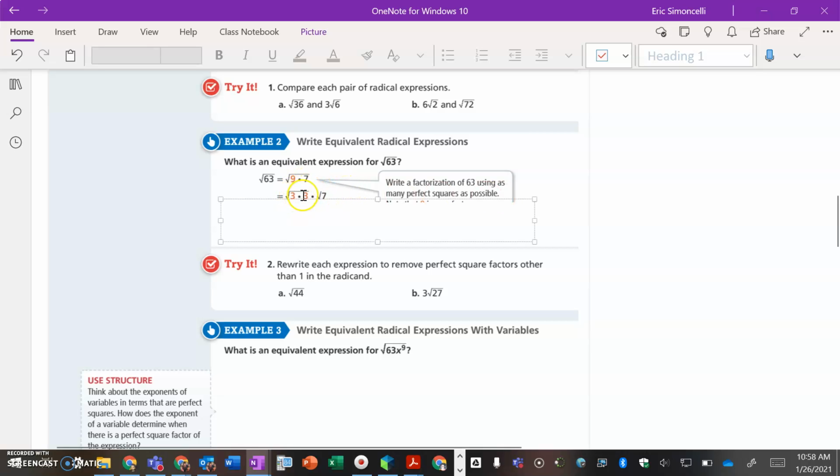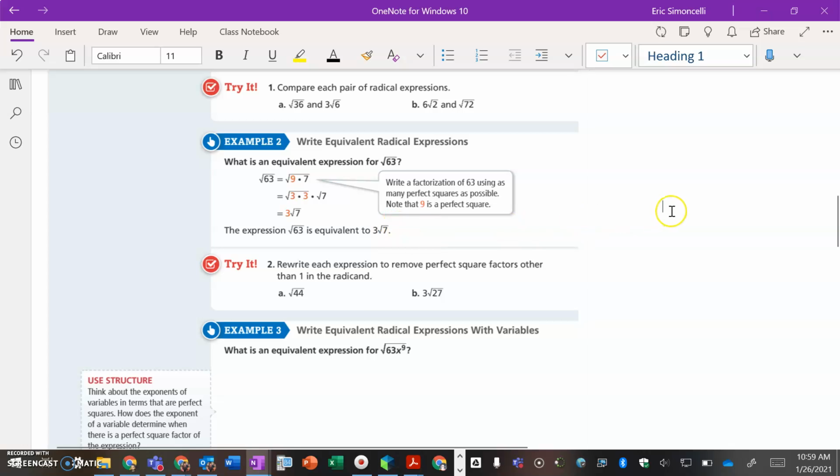as you can see, 3 times 3. It is a perfect square, so they write it as you see. The square root of 7, there's nothing more that can be done with that particular radicand, so you leave it. And of course, the square root of 9, because you've got the same number being multiplied, the square root of 9 then in turn just becomes that 3. 3 root 7 is your final answer, so the equivalent expression to the square root of 63 is just that,